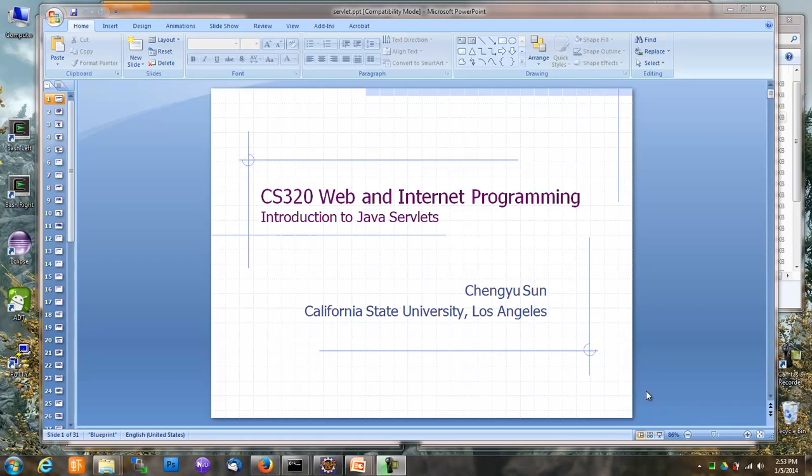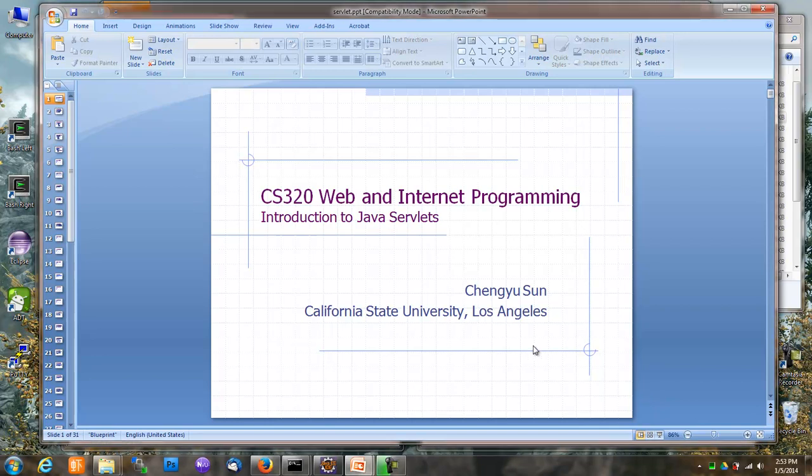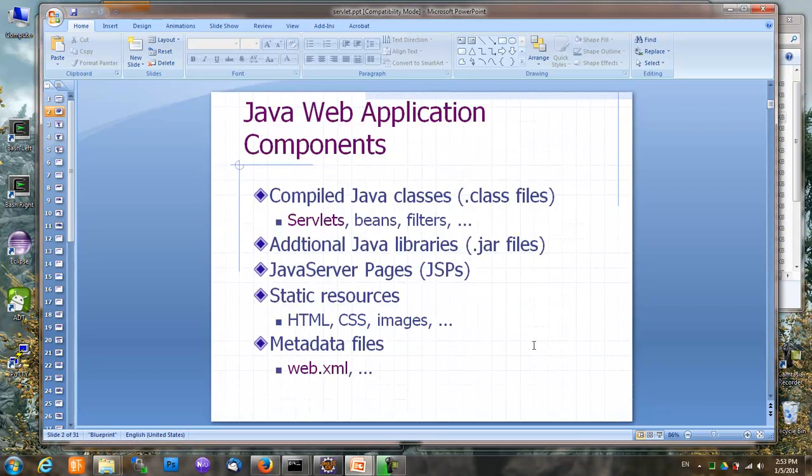In this lesson, we are going to cover the basics of Java servlets. Servlet is an important part of Java web application. If you break down a Java web application into data, user interface, and processing, then the processing part is usually